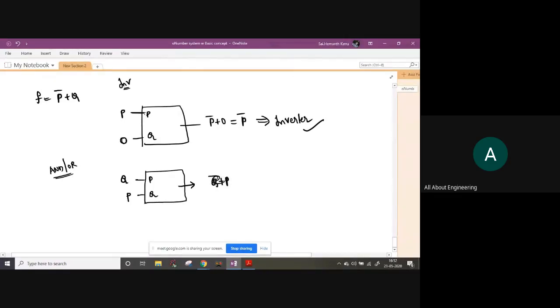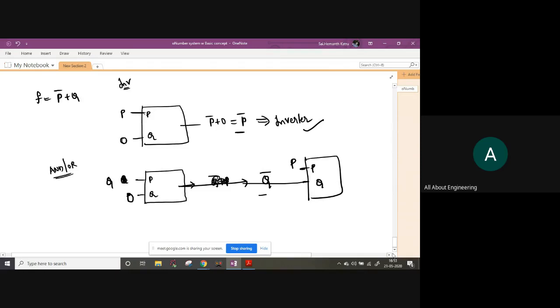No, that's not what we need. What I'm going to do is, I have p bar separately. Now I will try to get q bar. So now what I will get here, I will get q bar. Now I have p bar, I have q bar. What I'm going to do is give this output as input here and normal p as input to here.